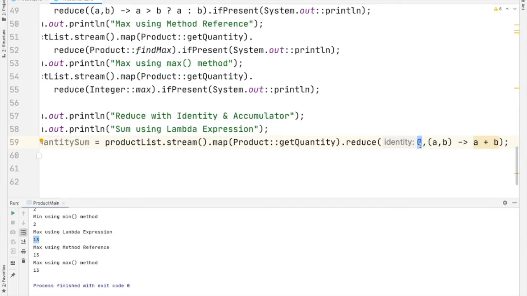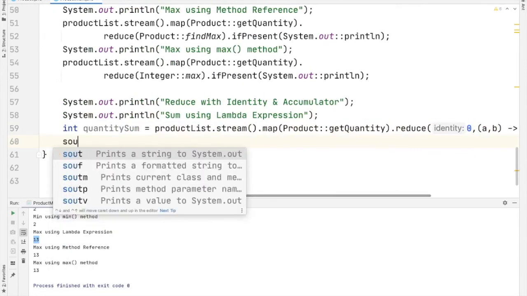And I have told in the previous method that the start value of a numeric binary operator will be 0, but remember that it will not be 0 for all the binary operators. For example, for multiplication it is 1. As we know, if we want to find the sum of elements in an array, we will declare a variable sum equal to 0 and we will loop through the elements and find the sum. For multiplication, we will declare a variable equal to 1 and we will loop through the elements and find the product. Now we will print this result.